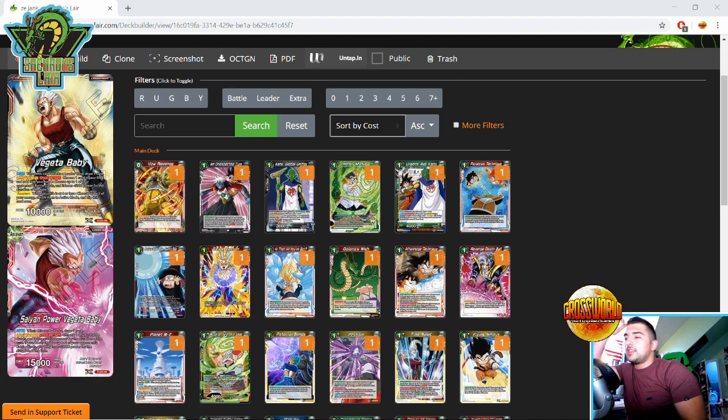So first thing you'll see on the big part of the left is the Vegeta Baby leader. This leader is probably the best leader in a vacuum you could play against the U6 strategy, because on his unawakened side, you can once per turn take a life, and then you can minus 5,000 any battle card your opponent controls. So a big thing about this list is going to be countering their unable to be KO'd